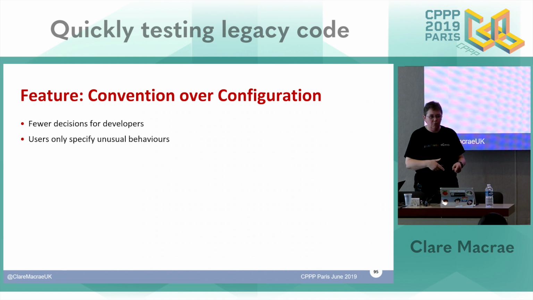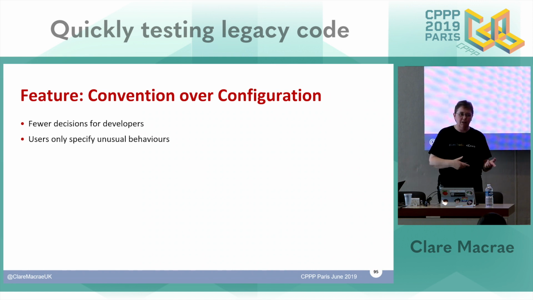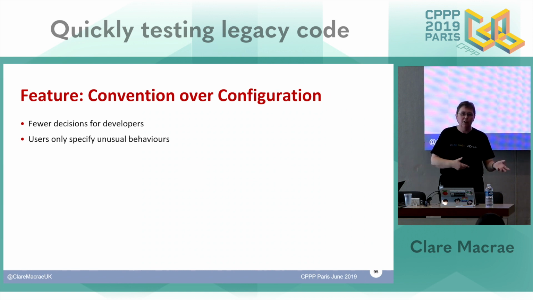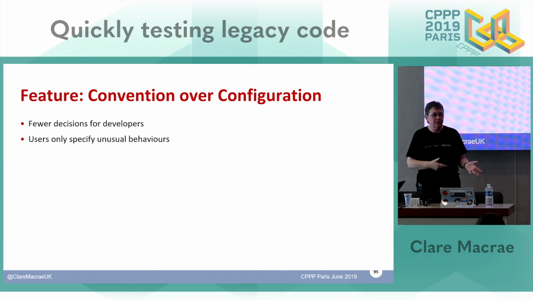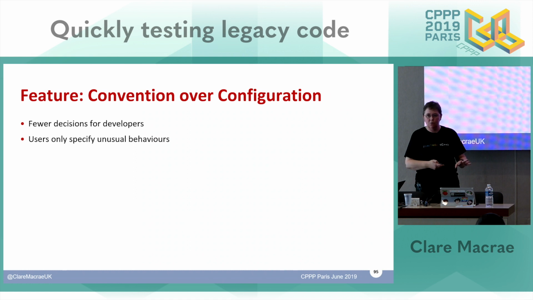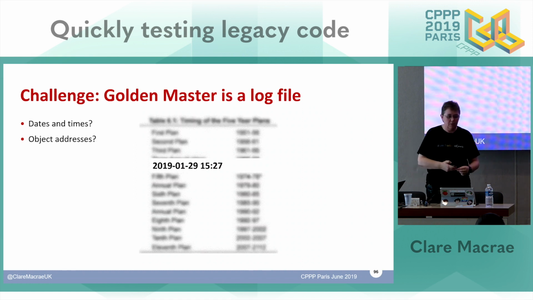This was a thing I wasn't aware of called convention over configuration. I actually think it applies to much more than just this library or just testing tools. It's saying try and make fewer decisions for the developers or the users of your software by default. Try and do a sensible thing from the outset. And if that doesn't work, tell people what to do, but only require the users to specify behavior if they want an unusual behavior. I think it's a really, really powerful principle.